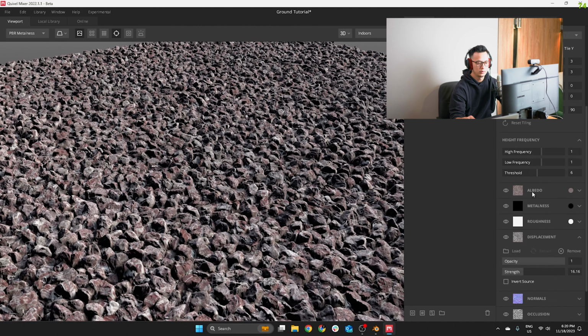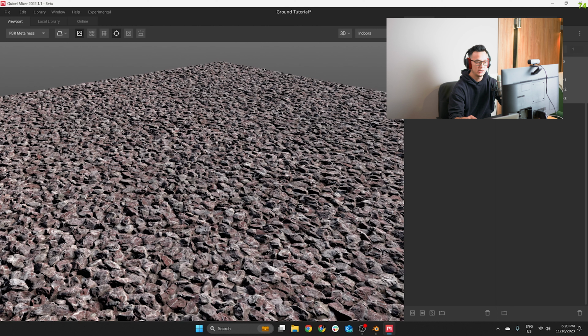Basically what I'm breaking here is a bit of the tiling that might show up. In this case, we don't see it much because of this texture that we are using. But whenever you're using one that shows a clear tiling, you can use this technique. And then you just need to add a mask on top. So let's come here, let's push a